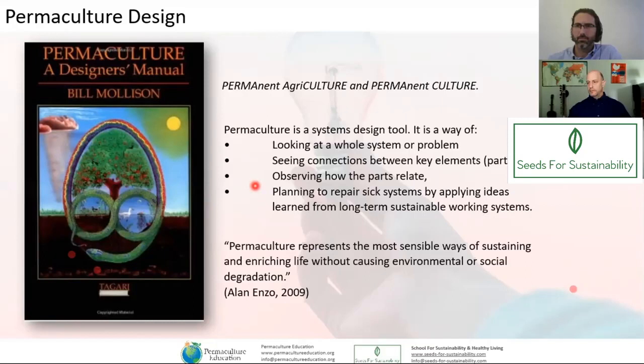There's my quote right there, probably the shortest definition of permaculture you'll ever come across. There's so much involved in permaculture that it's hard to come up with an elevator speech to describe it. Basically, in permaculture, we try to apply it to everything we need in order to build a sustainable future.